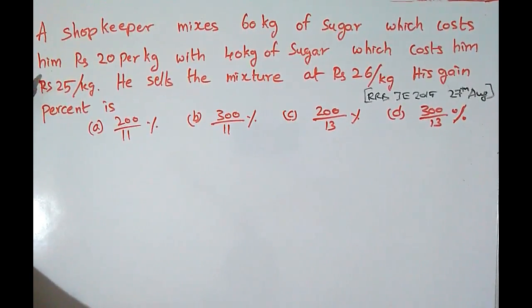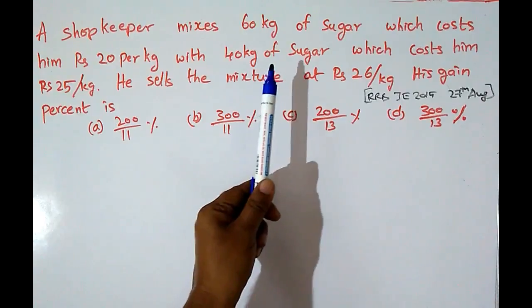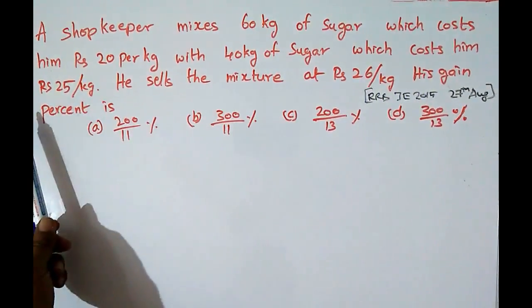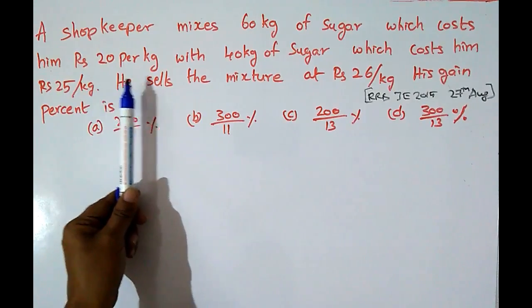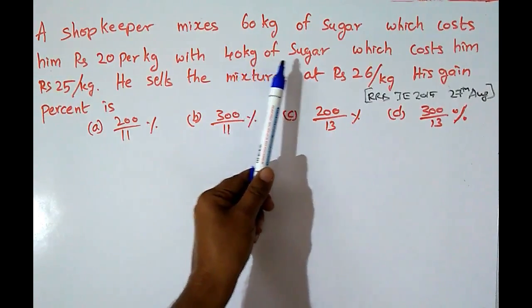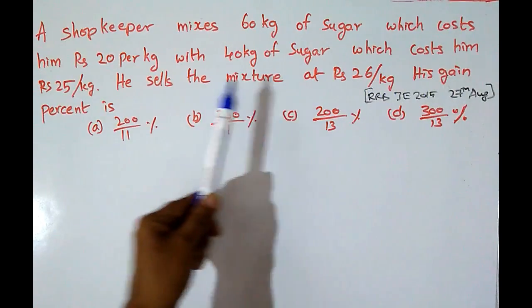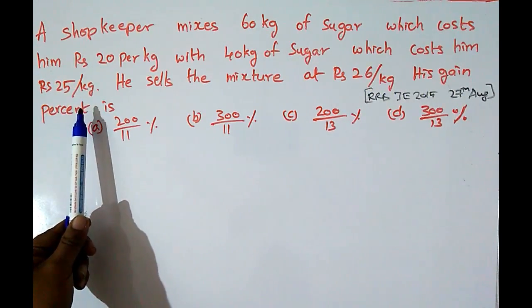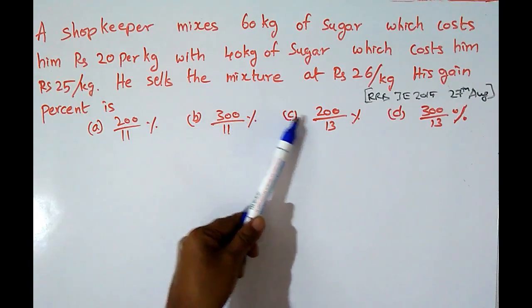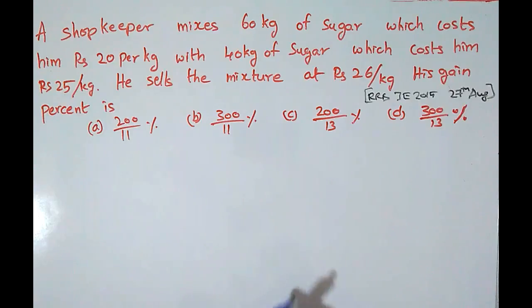A shopkeeper mixes 60 kg of sugar, which costs him rupees 20 per kg, with 40 kg of sugar, which costs him rupees 25 per kg. He sells the mixture at rupees 26 per kg. His gain is, see friends, he has taken 60 kg of one cost and another 40 kg of another cost and mixes that sugar, and this mixture he kept for selling at a higher price. Okay friends,